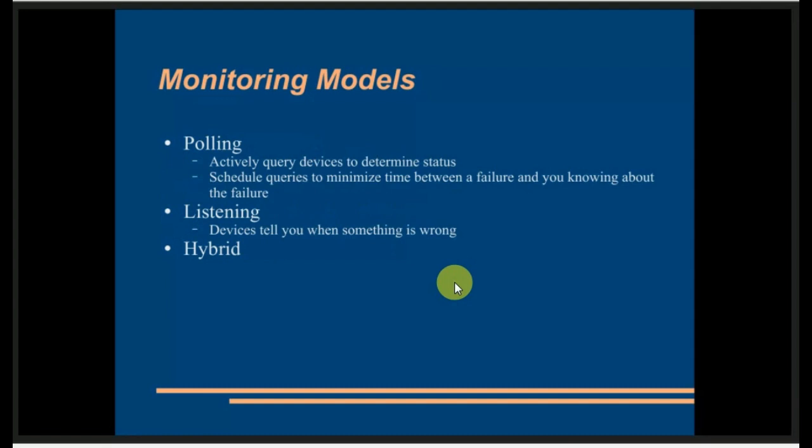Now there are different types of monitoring models. It will sound similar to you, because configuration management also works in a similar fashion. There is polling, there is listening, and then there is hybrid. Polling means